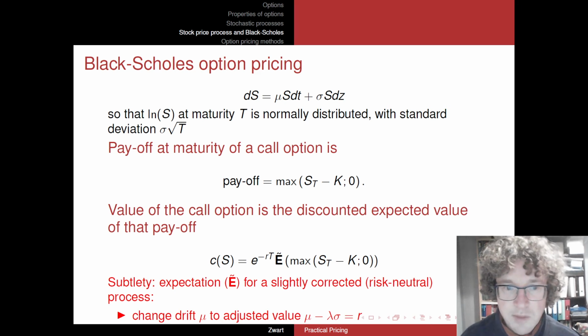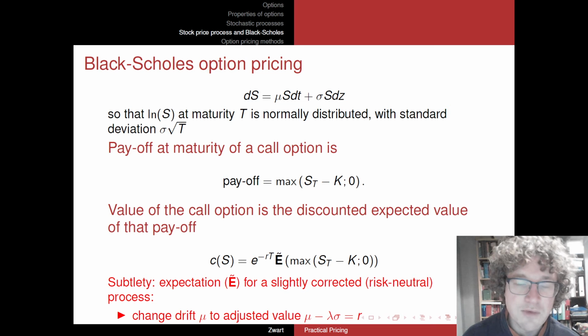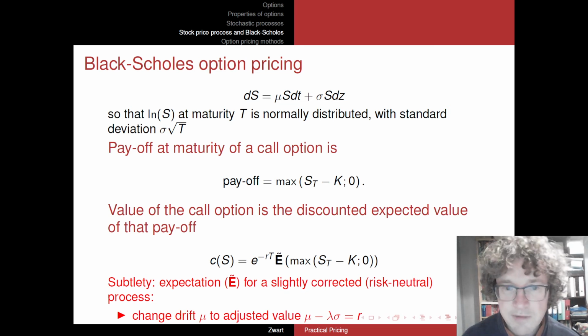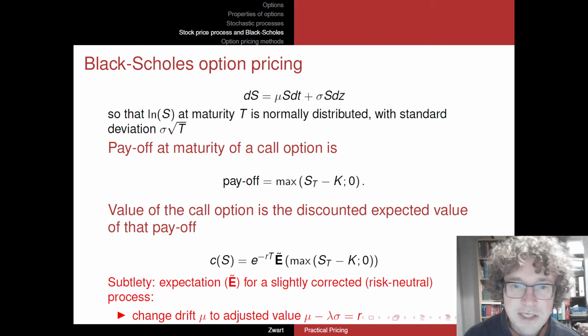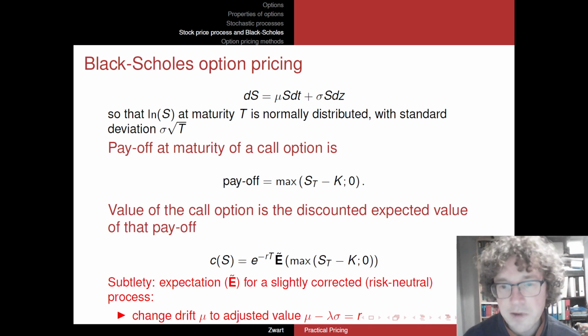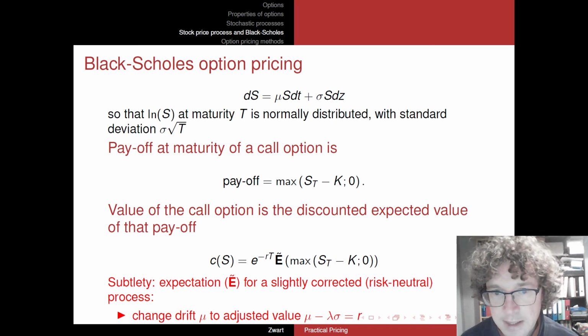So the one subtlety here again, which I'm not actually going to explain, is that you might have noticed this little twiddle above the E. This twiddle denotes the fact that this expectation is taken under a slightly corrected, so-called risk neutral process. That's some technicality again that we need to take into account